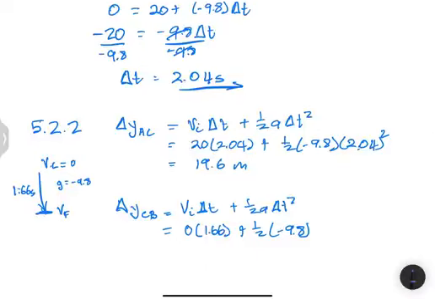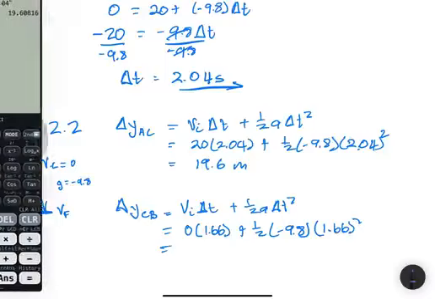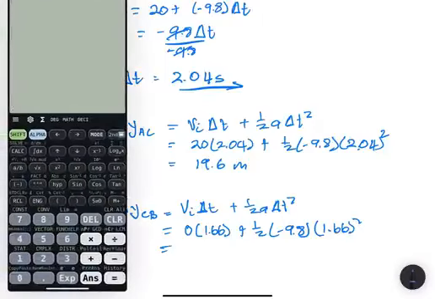So the acceleration obviously would still remain negative because we've chosen up as positive. So that would be 1.66 squared. Let's do that quickly. So that's 0.5 times negative 9.8 times 1.66 squared, and I get minus